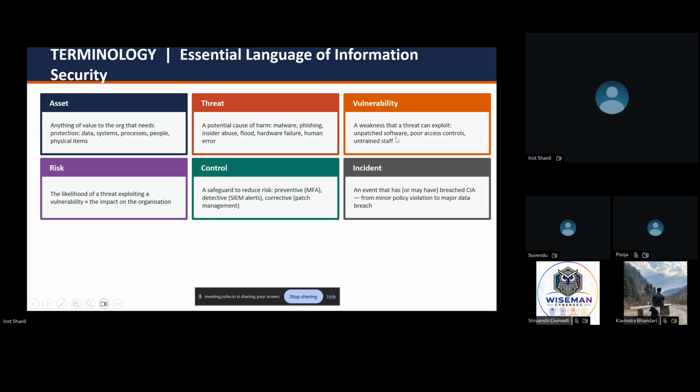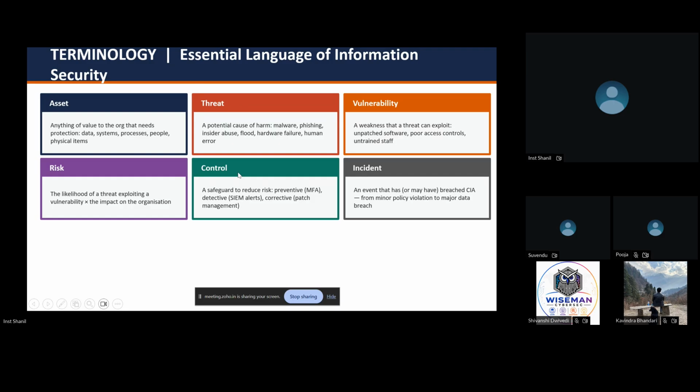So that's a vulnerability. Now, what is a risk? The likelihood of a threat exploiting a vulnerability. Again, I'll continue with the same example. So what was your threat? That you are out of your house and someone can enter it. Vulnerability: the door was not properly locked. Now, what is the risk? Risk is the asset which is kept in your house. For example, you must have some money, your gold, or your devices like laptops. So that becomes the risk factor, that my devices or my monetary items can get stolen. So that is a risk.